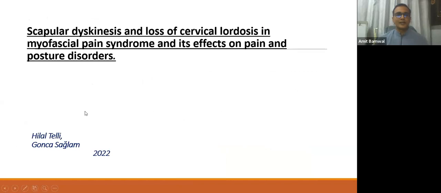There was another article by Telly and Salgam in 2022, on scapular dyskinesia and loss of cervical lordosis in myofascial pain syndrome and its effects on pain and posture disorders. This article says